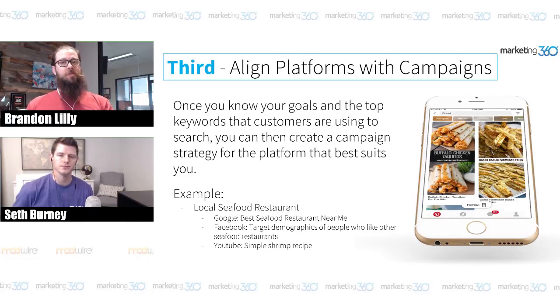And this goes with the platforms too. So to bring this back to aligning the platforms with the campaigns, you want to ensure that what you're providing is platform specific also. We can use so many different examples of this, but let's say Twitter. If you're advertising on Twitter or using Twitter for something, you want to make sure that your message, one, is short and concise, and two, resonates with what the user is looking for. Now, some industries aren't going to do very well on Twitter, and that's okay. Some industries don't do well on Google. They kill it on Facebook. That's okay. So you have to align your platforms with what you're looking for as the end result of your